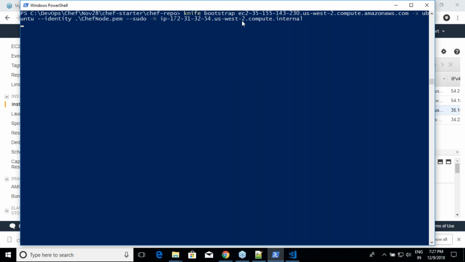So we have bootstrapped 4 nodes. Yeah, it is simple. We know how to do it, but it is still painful. All right. So we'll see if there is any way to solve this.